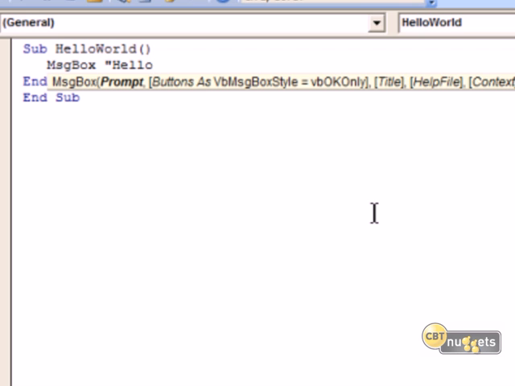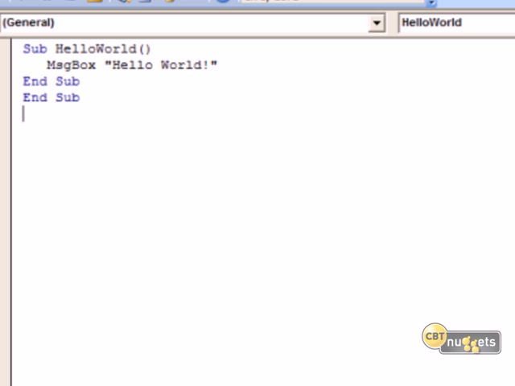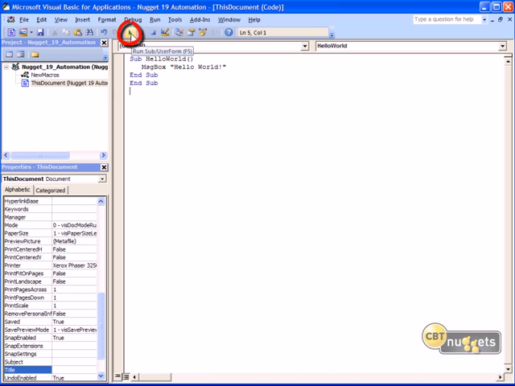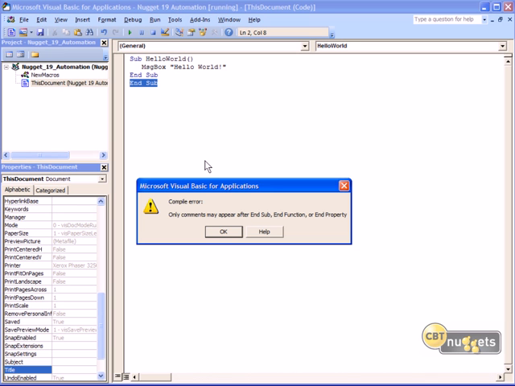And there's some extra parameters in this tooltip, as you see here, where we can customize how the message box looks. We'll do that in just a moment. For now, I'm going to do hello world and leave it at that. We'll save our work. Now there's a couple ways we can run this code. We can actually do it right from within the VBA editor. We can come over to this run sub user form, and as long as our mouse pointer is placed within the sub, the VBA editor will assume that we're trying to run that subroutine.